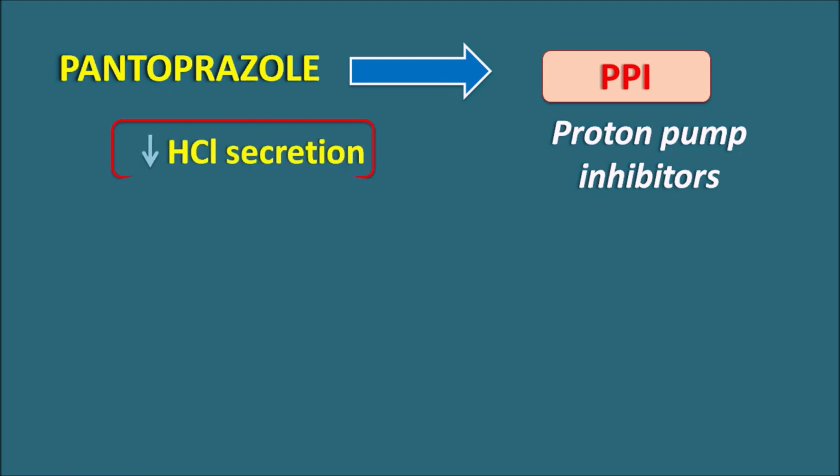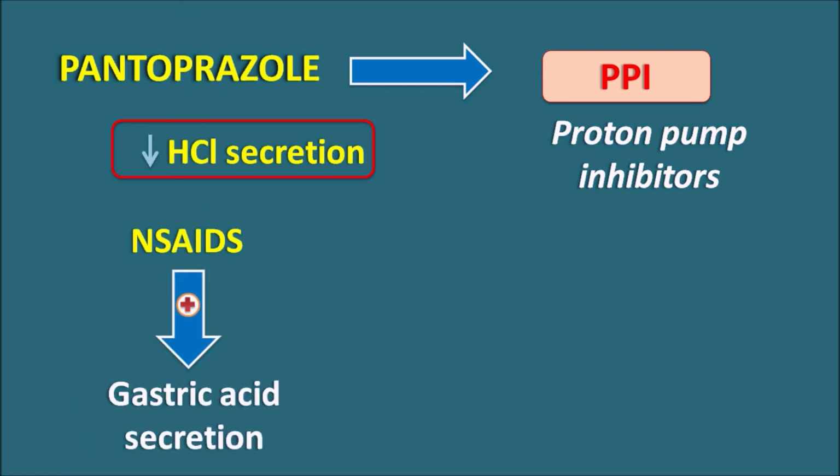These drugs are going to decrease the gastric acid secretion, they are going to decrease the HCl secretion, and particularly these drugs can be used in various clinical conditions. In all these situations, their main role is to decrease the gastric acid secretion. For example, these drugs can be given along with the NSAIDs. Whenever the NSAIDs are used for long term, they can increase the gastric acid secretion. So NSAIDs can increase gastric ulcers and gastric bleeding. Here the PPIs like pantoprazole can be given prophylactically in order to decrease the gastric acid secretion.